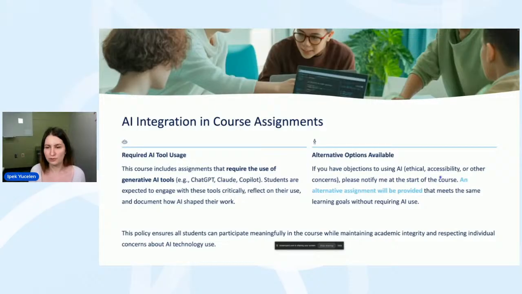Now, I encountered some issues, essentially. A few students rejected the use of AI. They had strong beliefs. They were like, I don't want to use AI. What can I do? If you encounter something like this, which you will if you require AI usage, you need to be flexible. The only solution is to be flexible, because we need to welcome every perspective in our classes, and it's okay to be against it. There is no problem, but we need to come up with alternative assignments, and I did that.